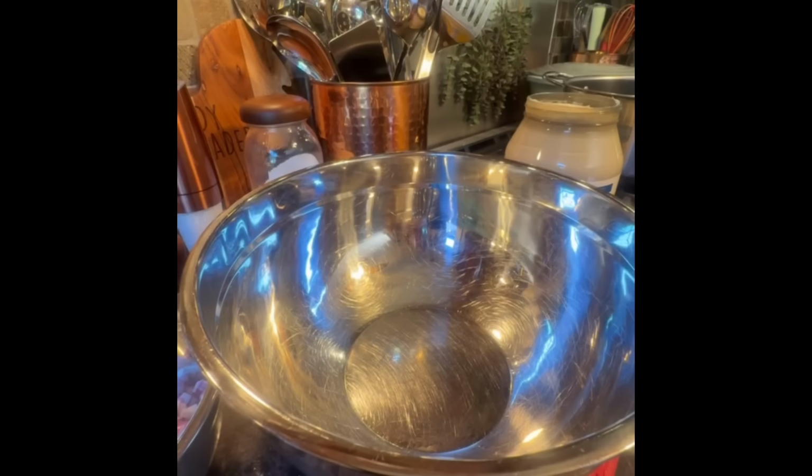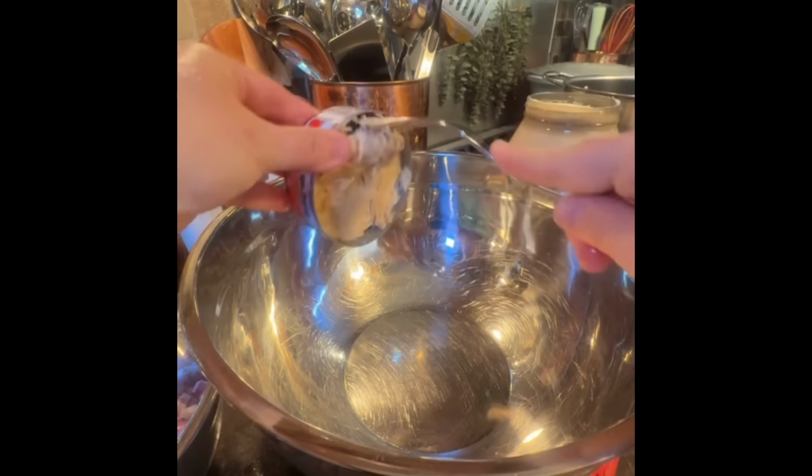And then in here I have one red onion. I've got a bunch, I want to say like 7 or 8 green onions, and then I have 2 stalks of organic celery, all chopped up finely. And right now you're going to hear, I'm running cold water over my noodles. So then what I use is,